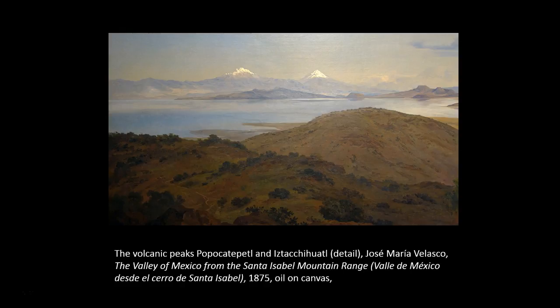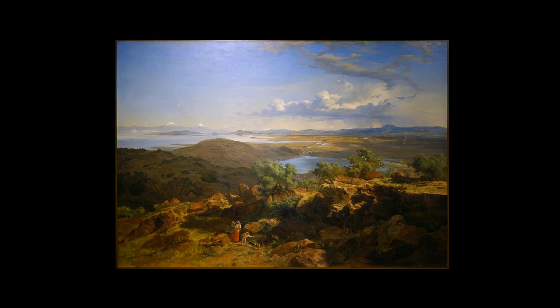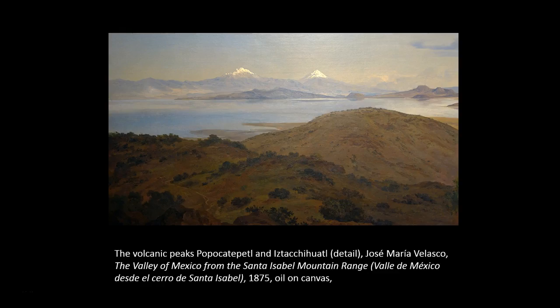So Velasco's compositions united pre-Hispanic symbols and contemporary national sentiments. For example, this is a close-up of this painting. This is Velasco's painting. The white peaks that predominate the vistas are these very well-known volcanoes. I'm not going to try to pronounce them, but they are spelled Popocatepetl, and the other one is Iztaccihuatl,